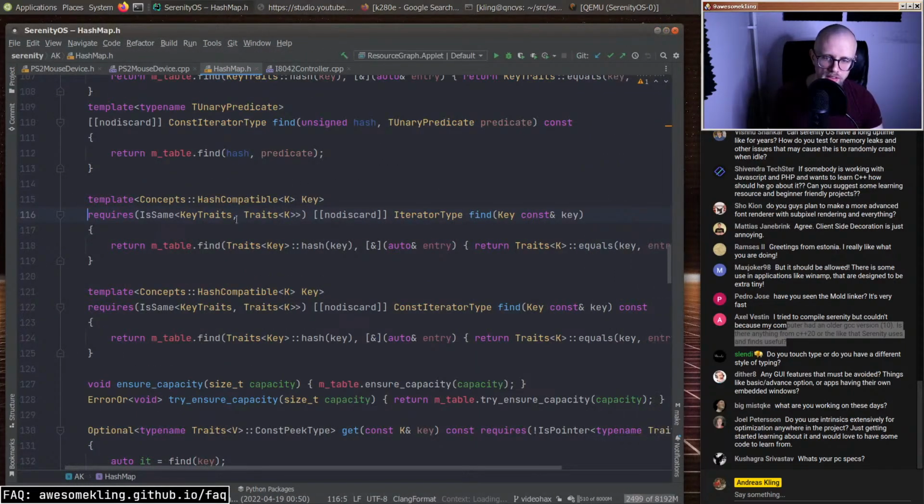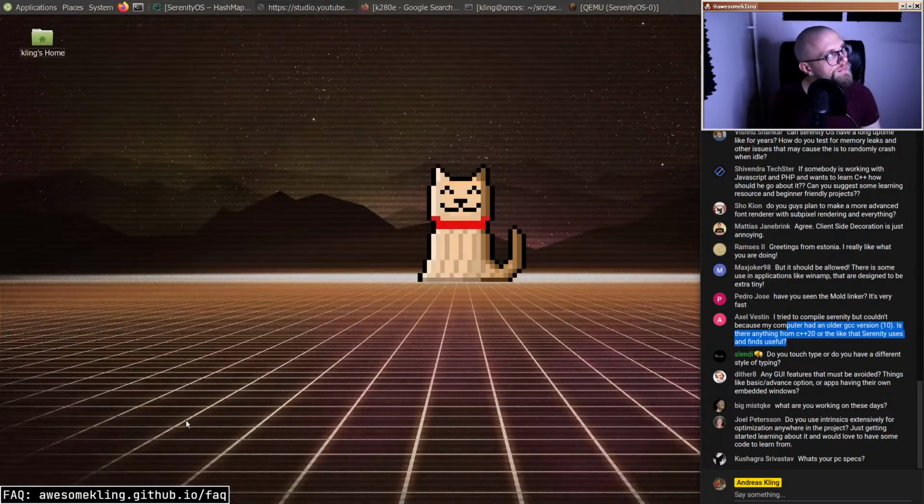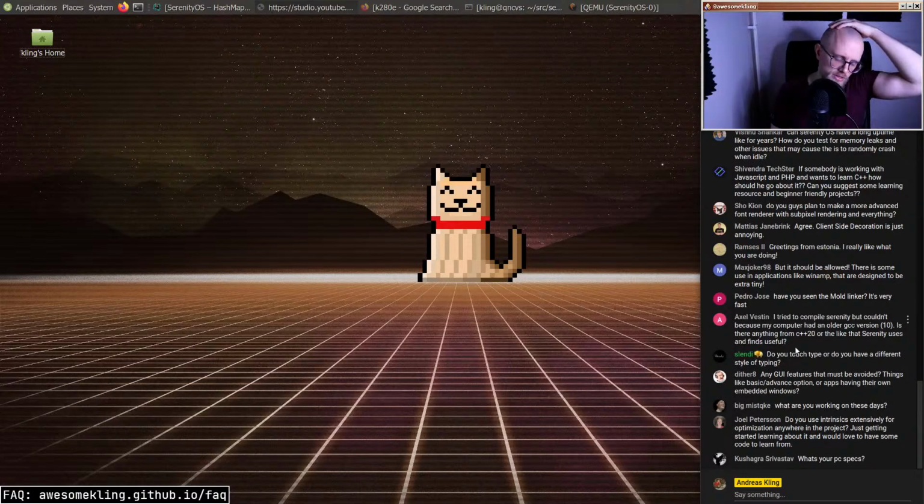Yeah, so we're using a lot of requires, which has been pretty nice. And there's definitely a lot more stuff we could do with C++20, but with new language features, it's always like you have to give them some time to bake and discover what's useful to you and what's not. We don't necessarily want to rush into using every feature just because it's new, but what tends to happen is